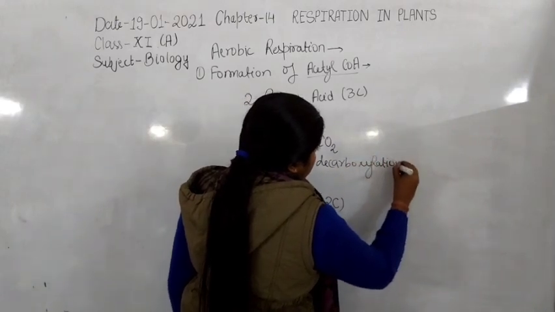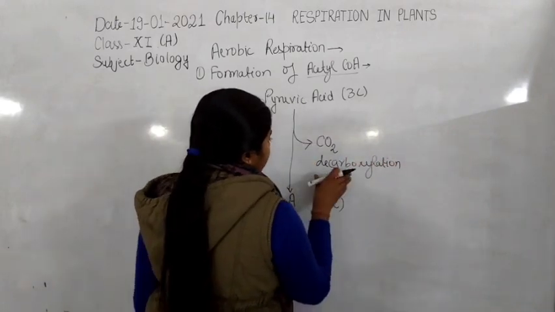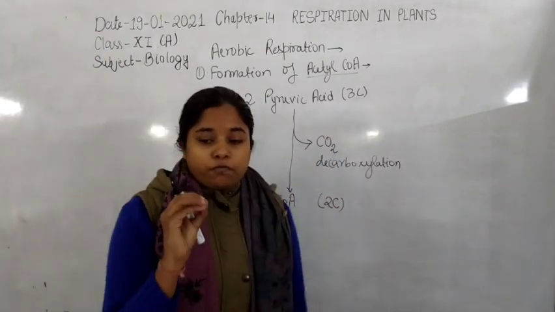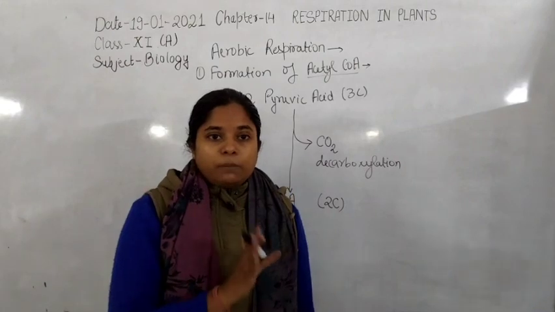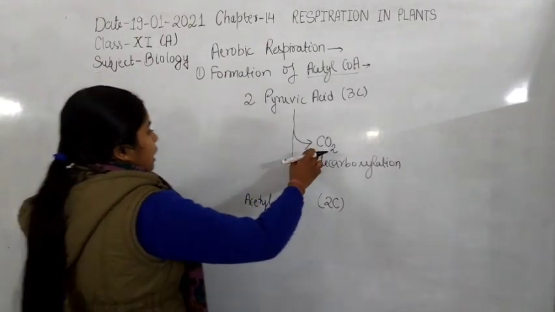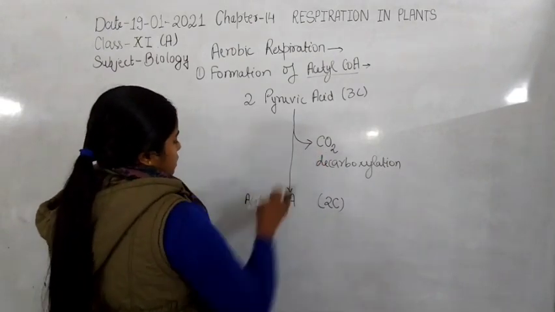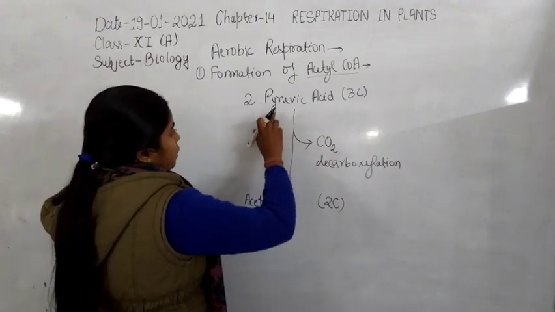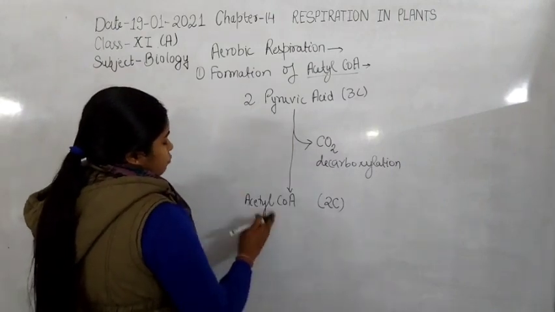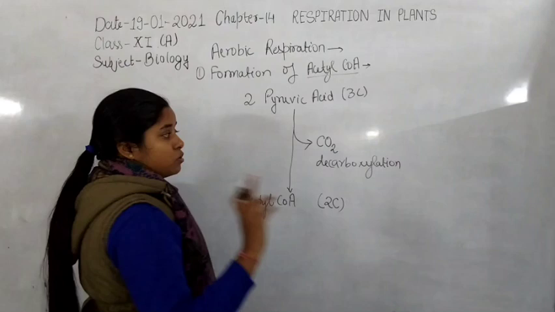In the decarboxylation, carbon is removed in the form of oxides, through an oxidation process. After the oxidation process, carbon dioxide is formed during this reaction. Here is one. So from 1 pyruvic acid to acetyl coenzyme A, there is only one